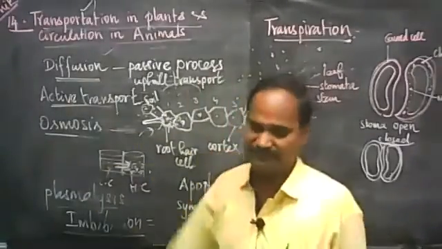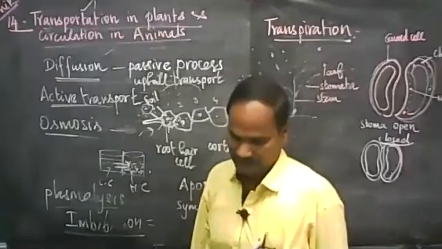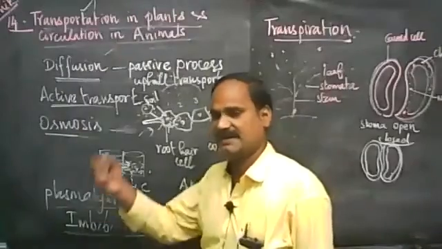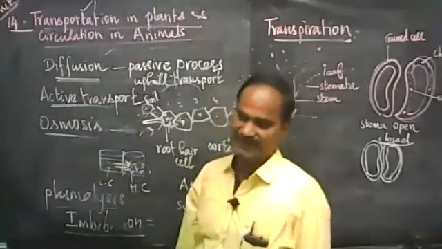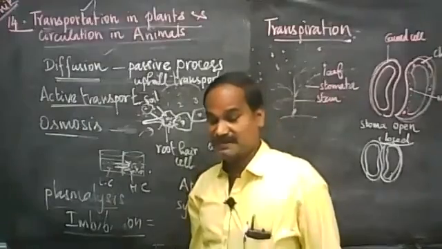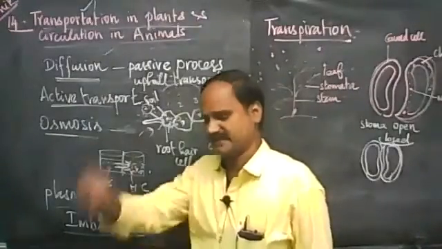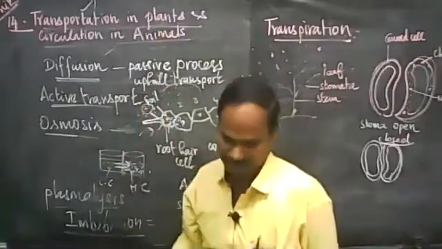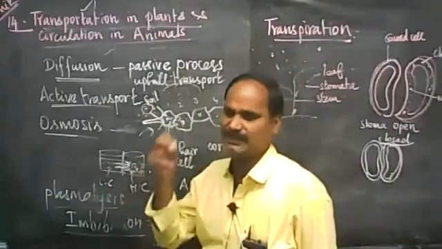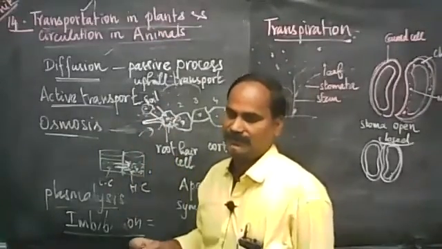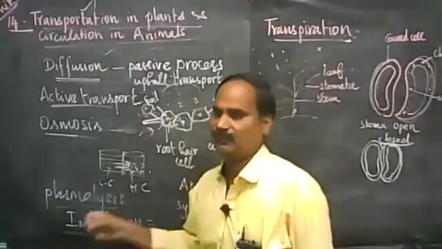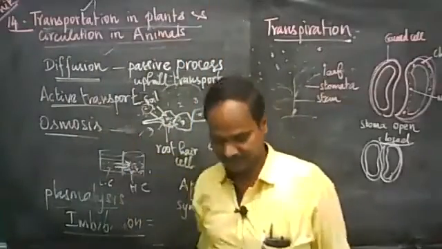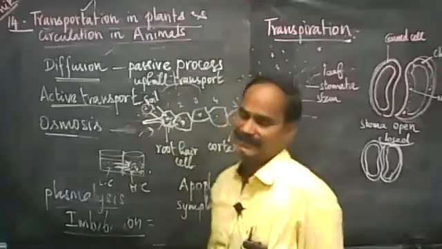Then we have studied what is the meaning of plasmolysis. So plasmolysis is a very important question also. They will ask, when a cell is placed in hypotonic medium, what will happen? The cell bulges, or the cell will shrink, or the cell remains the same. So from these, what is the answer you are supposed to take? When the cell is placed in hypotonic medium, water moves from the hypotonic medium into the cell. So the cell bulges and it bursts. So the cell will burst is the right answer.